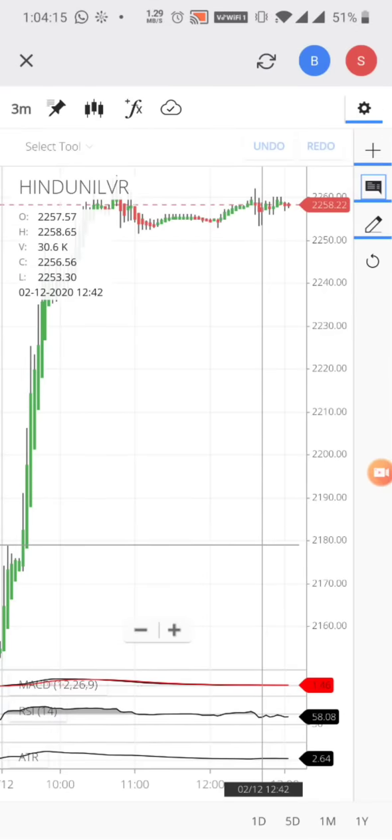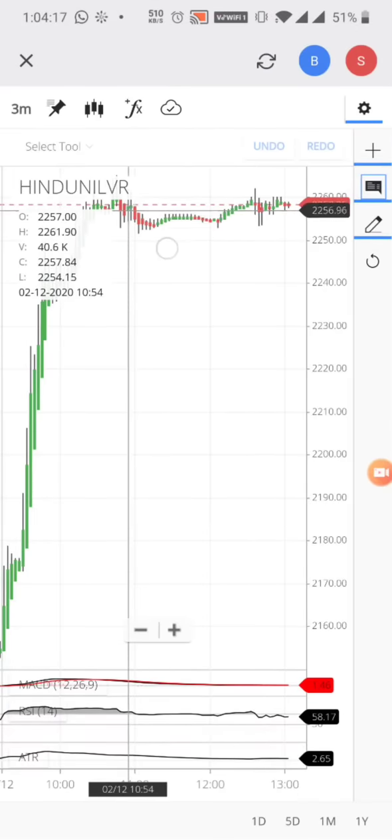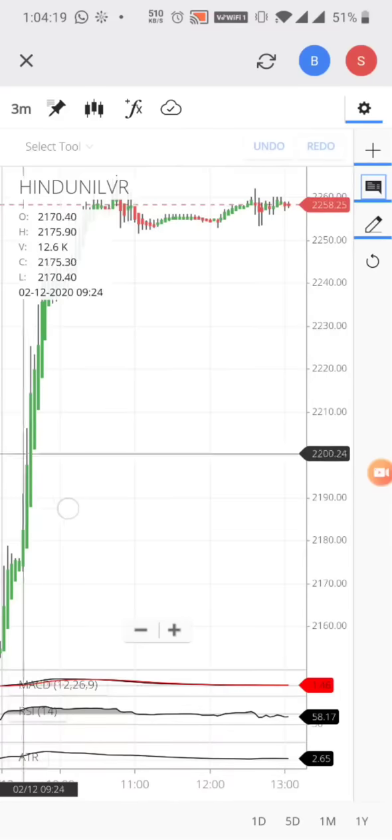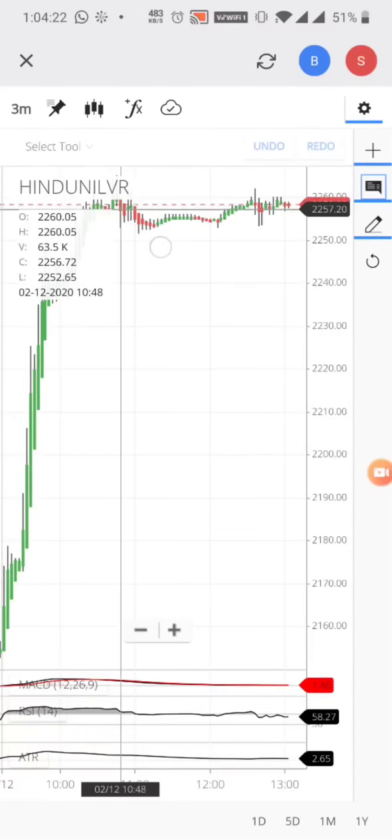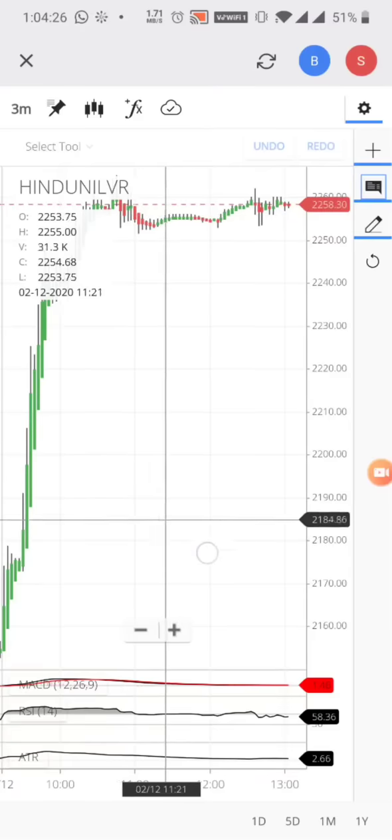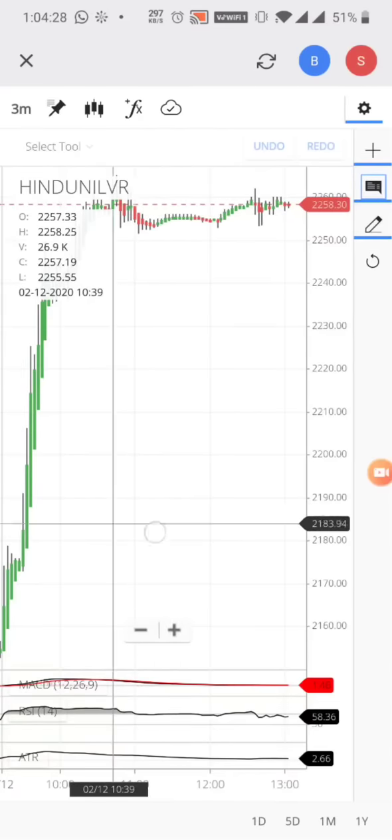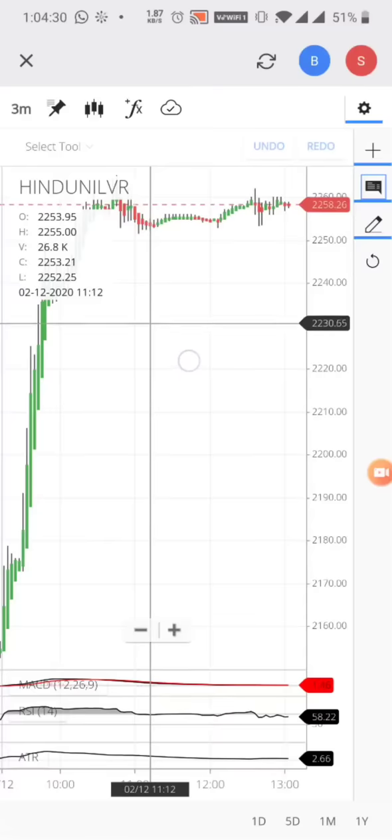Most people have this question: whenever the market is up and the stock is already up, people tend to buy it thinking that the stock will go further up. But you see the RSI, everything is at the top. You know that the stock is going to come down. So you need to wait. That is the reason I took some time and showed you a trade after 11 o'clock, when the market settles down.